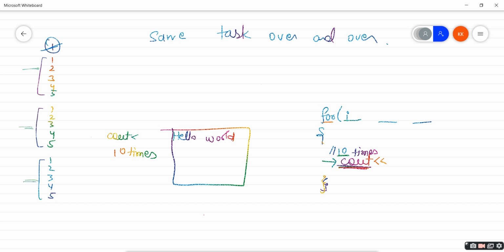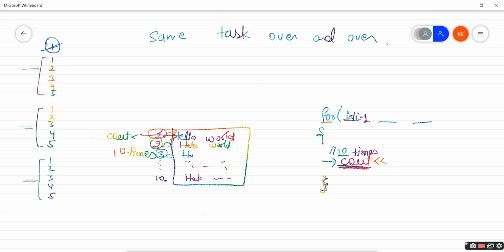First time hello world, second time again hello world, third time hello world again, and this will continue 10 times. So it basically needs a variable, int i equals 0, or rather 1, not 0, because the first time we need this hello world.